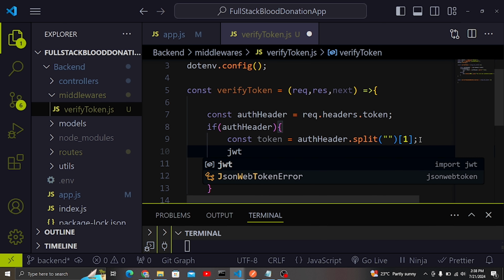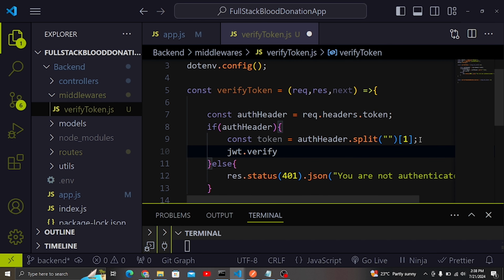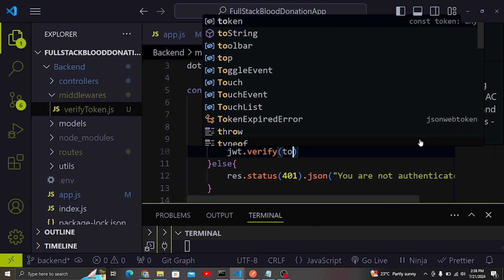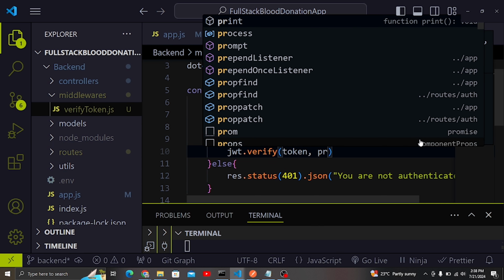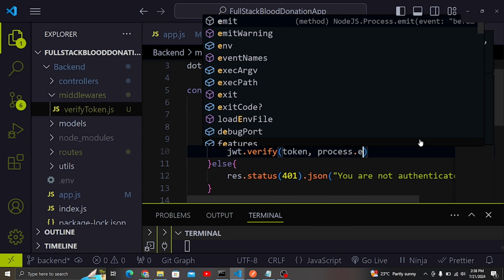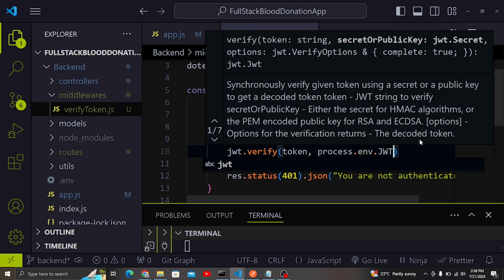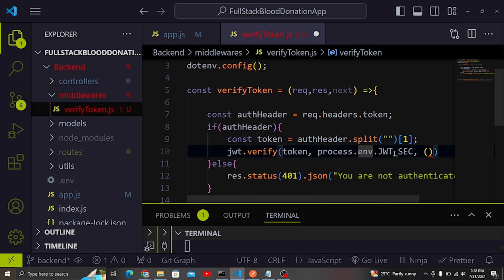So I'm going to use now jwt.verify. Remember the other one, when we are logging in, we are using sign. So this time we are going to use the verify. So I'm going to pass in the token. I'm going to also add the phrase that you used to sign our access token. So this one, we called it JWT underscore sec, like that. And then I'm going to have, if I verify using the token and also this phrase here,